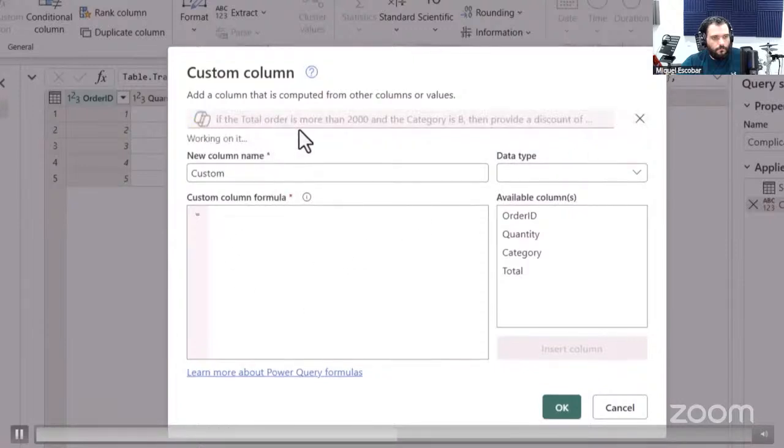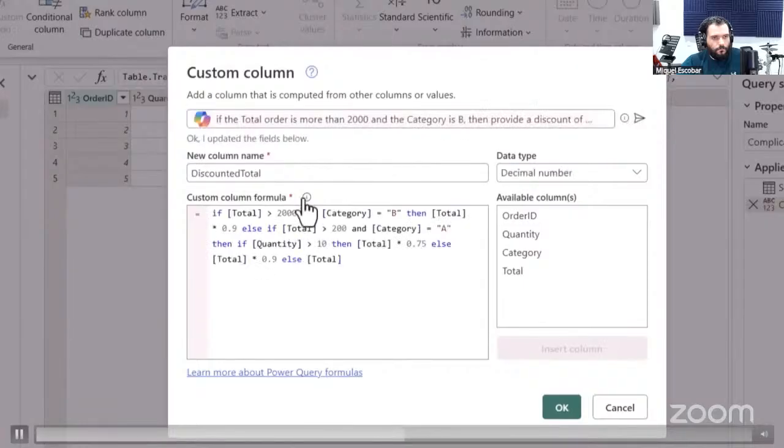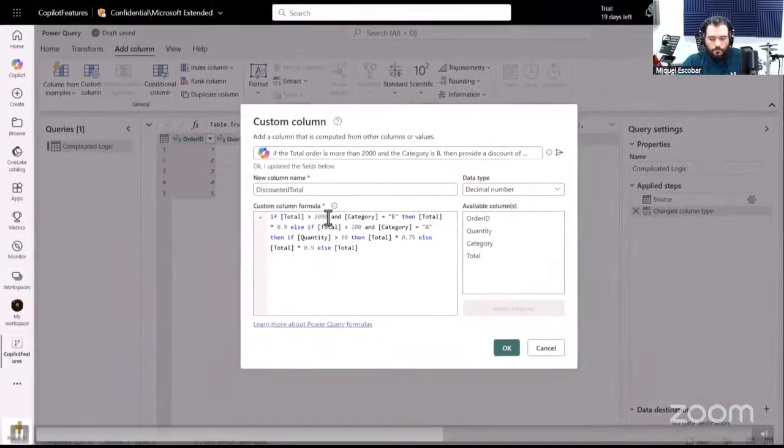So let's go ahead and give it a try and see what it actually creates. It actually not only created the custom formula, but it also added the column name and the correct data type that I need. So looking at this, yes: if total is higher than 2,000 and category B, sure, then total times 0.9, so there's a 10% discount. Else if total is higher than 200 and category is equal to A,